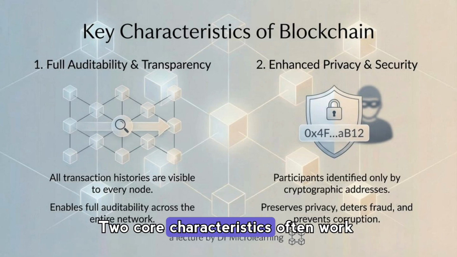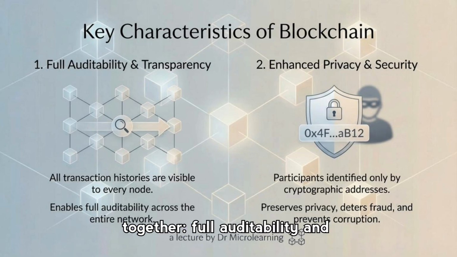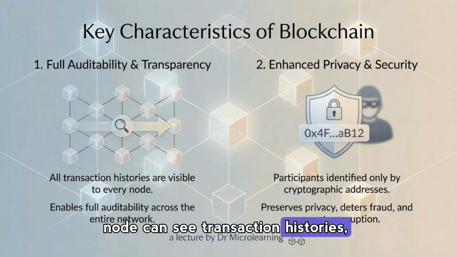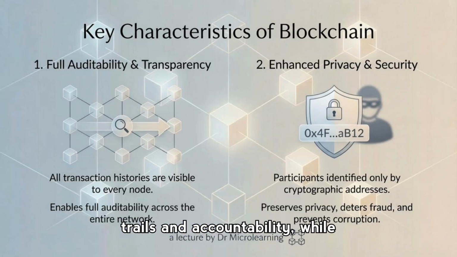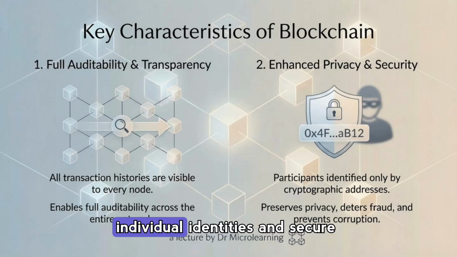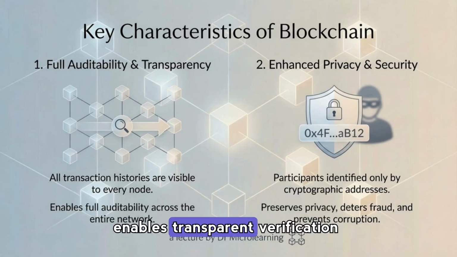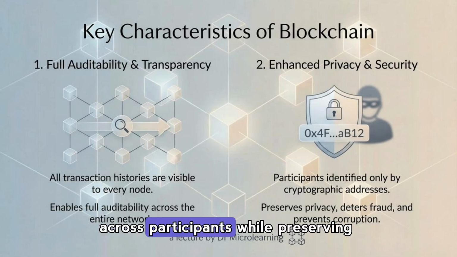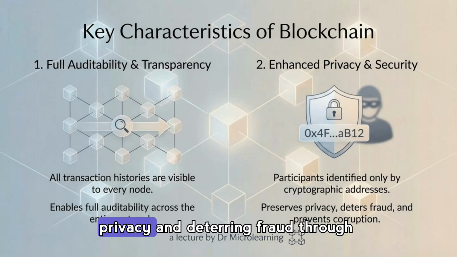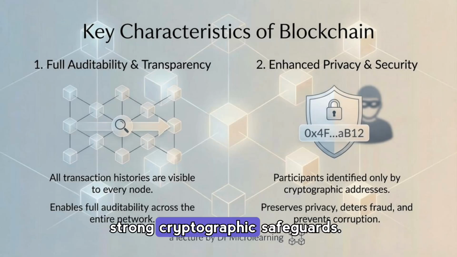Two core characteristics often work together: full auditability and enhanced privacy. Because each node can see transaction histories, the network supports complete audit trails and accountability, while cryptographic addresses protect individual identities and secure interactions. This combination enables transparent verification across participants, while preserving privacy and deterring fraud through strong cryptographic